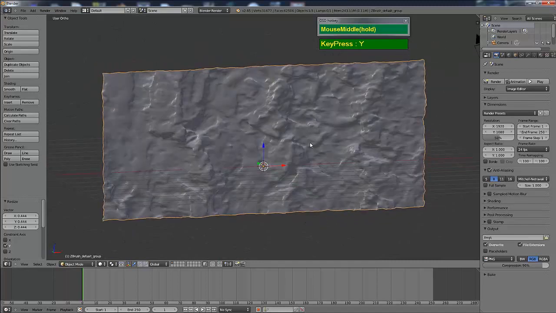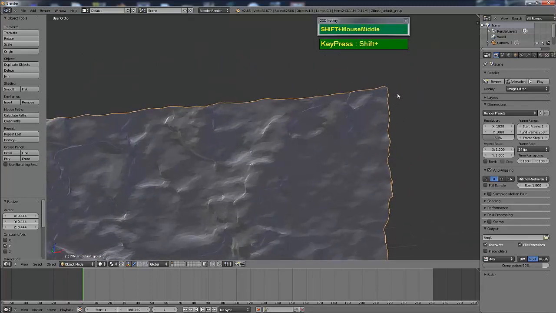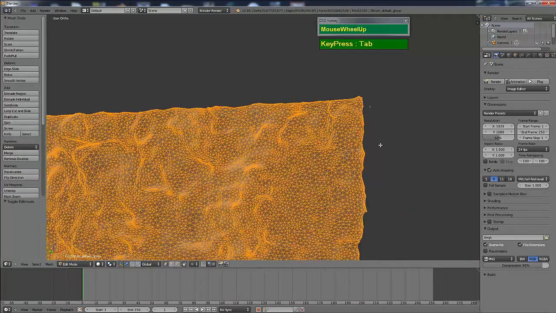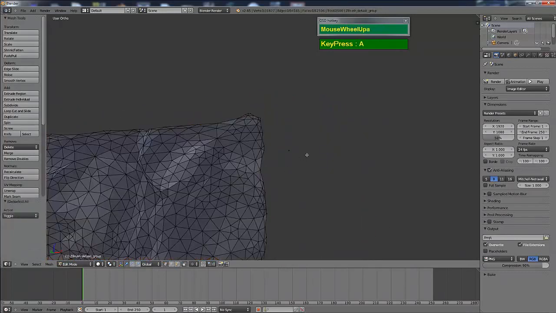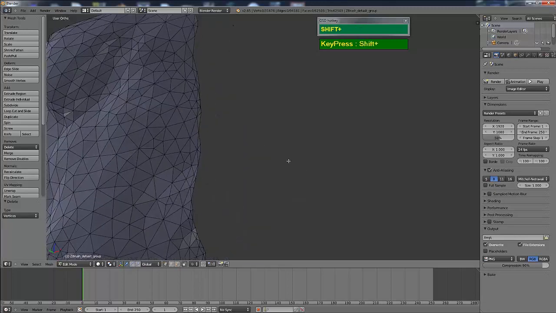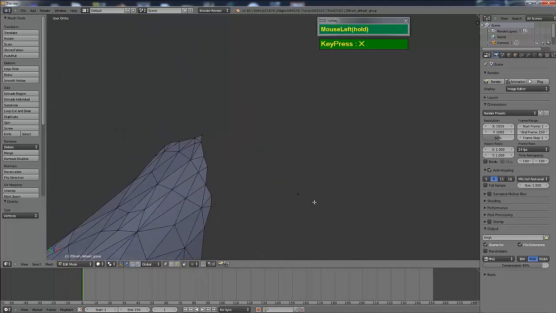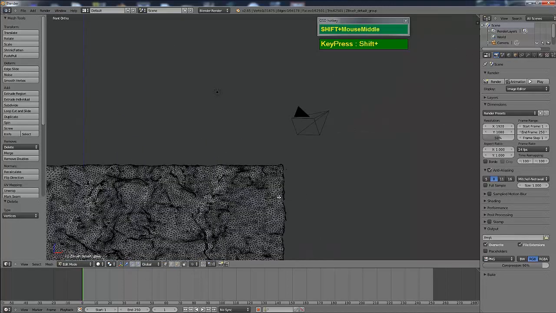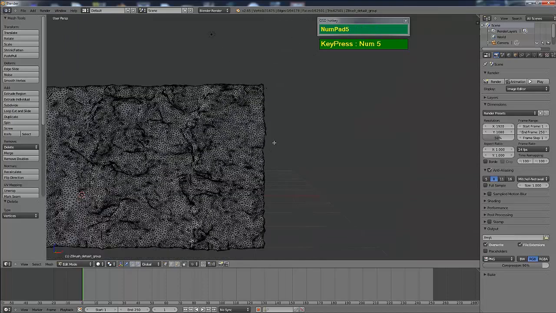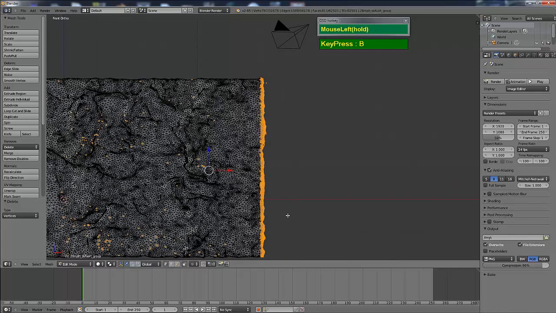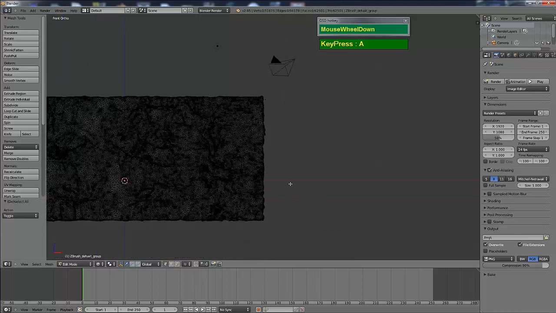I notice a little bit of geometry floating around here. You want to get rid of all these geometries. Press Tab to go to edit mode, press A to deselect, and press B to select this piece here, and delete it away. This one wouldn't go away, so I'm going to try to trim it away. Just go to my front view and use a box selection tool. I'm going to go to wireframe mode, press A to deselect.